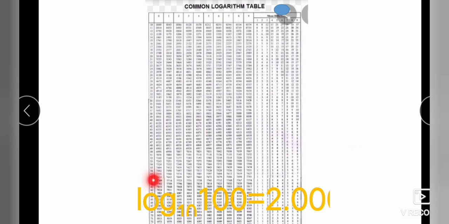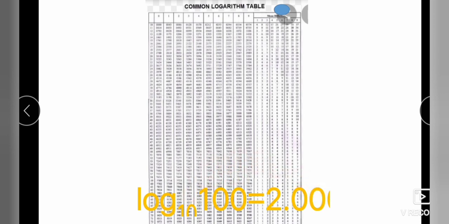You can calculate the log of 100 to the base 10 also. The characteristic here is 2 as there are 3 digits, 1, 2, 3. 3 minus 1 is 2, and look for the row of 10 under the column 0, 100.000. There is no column of 0, so the value will be only the value of the row under column 0, which is 0.0000. Hence characteristic plus mantissa is 2.0000, meaning 2, and hence 10 squared is 100, or log of 100 to the base 10 is 2.